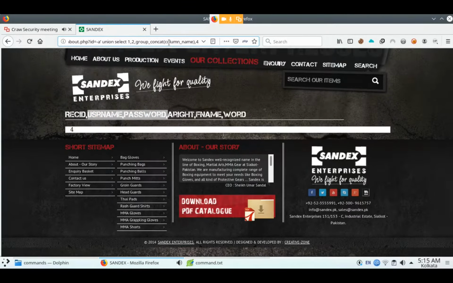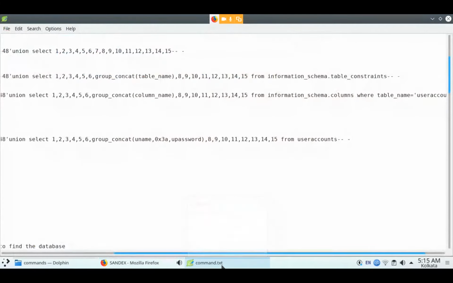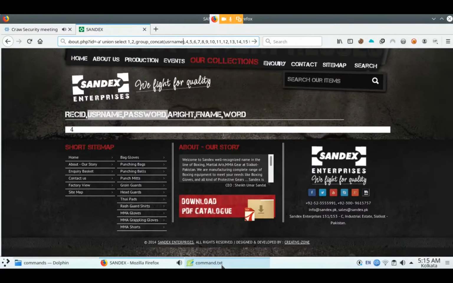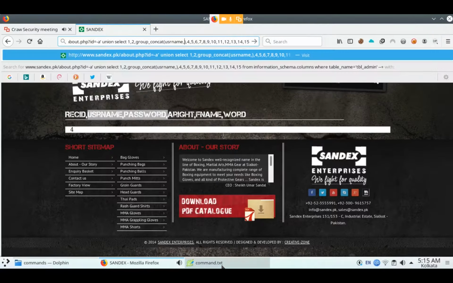group underscore concat, username, comma, 0x3a. Okay, 0x3a, and you have to find the password, password.